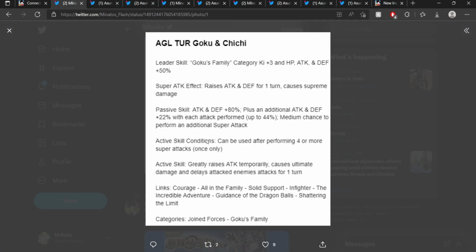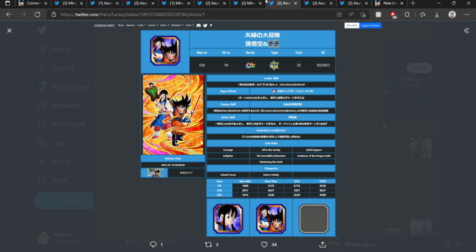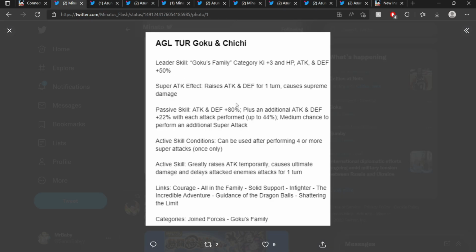So active skill can be used after performing 4 or more super attacks once only. I mean, like, you're gonna rainbow these units anyways, so they do have a free additional from their hidden potential, because they are AGL. So you just go ahead and give them full additional, which you definitely want to do since they raise attack and defense on super attack anyways. So, you know, best case scenario, you can perform 3 super attacks 1 turn, because of the medium chance super as well, plus the hidden potential one. So you could see this, I mean, turn 5 the earliest,